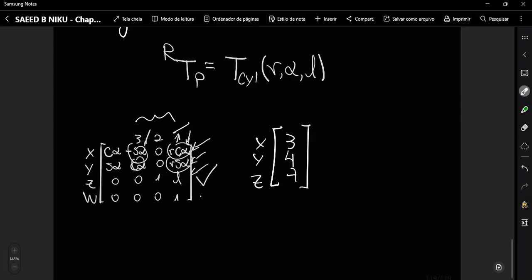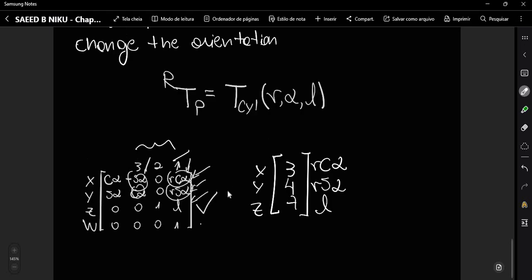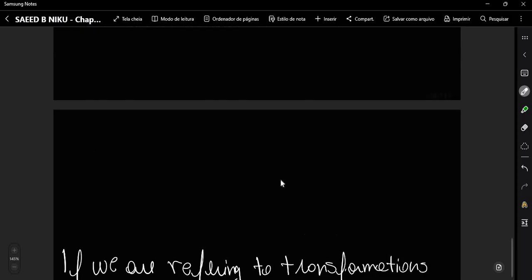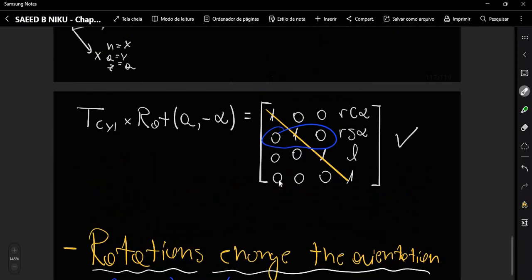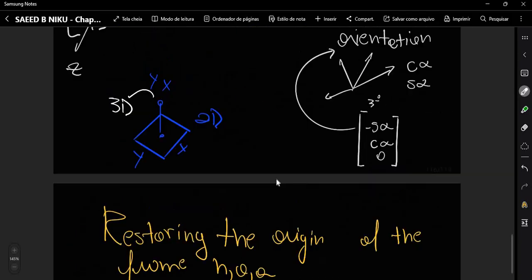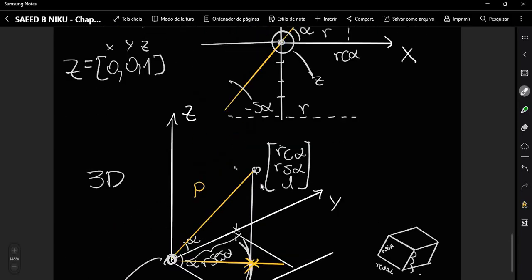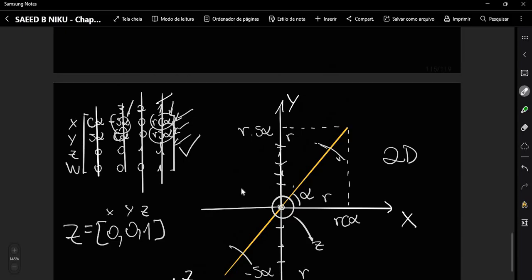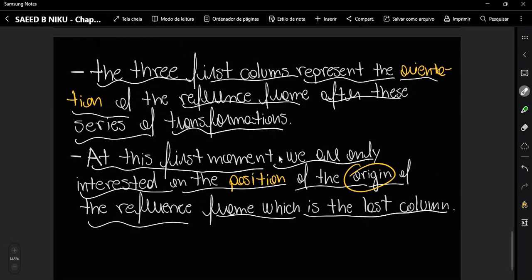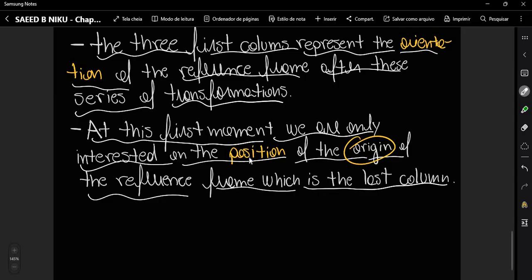So L or sine of alpha and or cosine of alpha. But if these first three columns are for orientation and the last is for position, that is something that we are going to investigate throughout this video. Okay, because if these first three columns are for the orientation and the last one is for position,